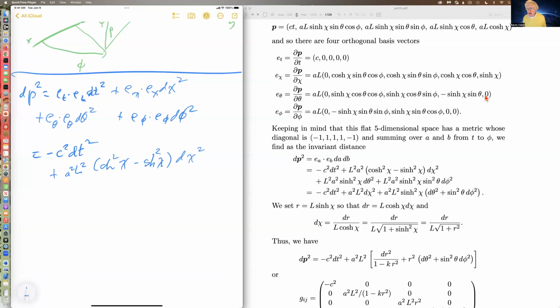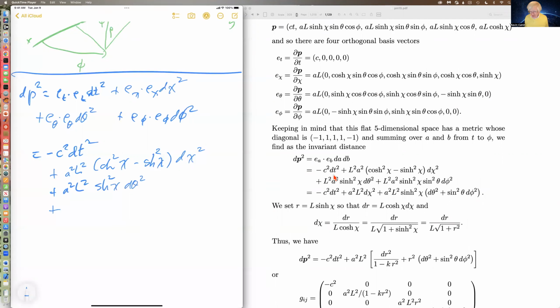Now we don't have to worry about the minus signs because those components are zero. So we just get cosine squared phi plus sine squared phi, that adds up to 1. Cosine squared theta plus sine squared theta adds up to 1. Cosh squared plus sinh squared adds up to 1. So basically we've got here just plus a squared L squared sinh squared chi d theta